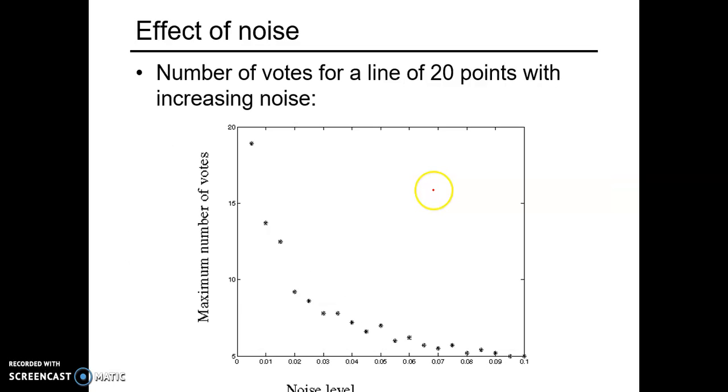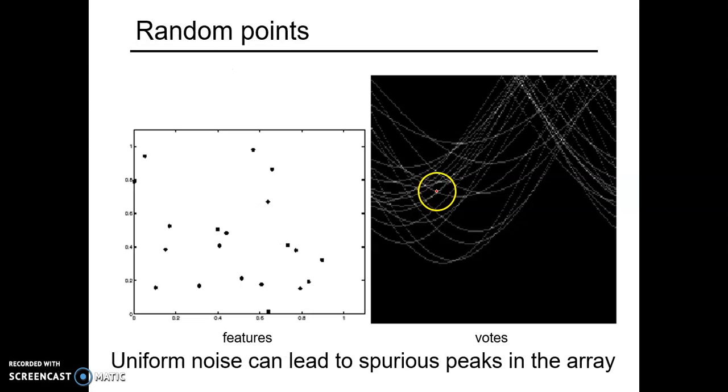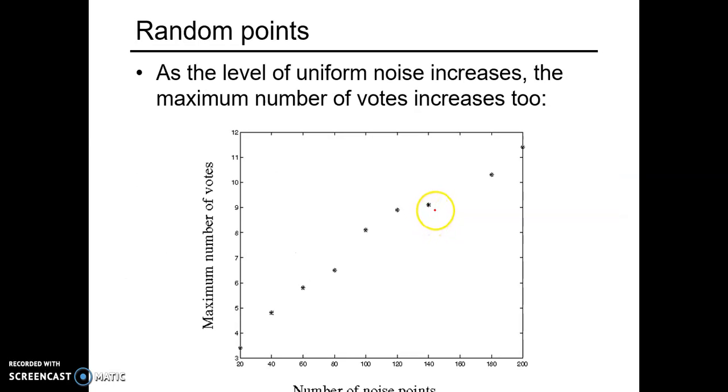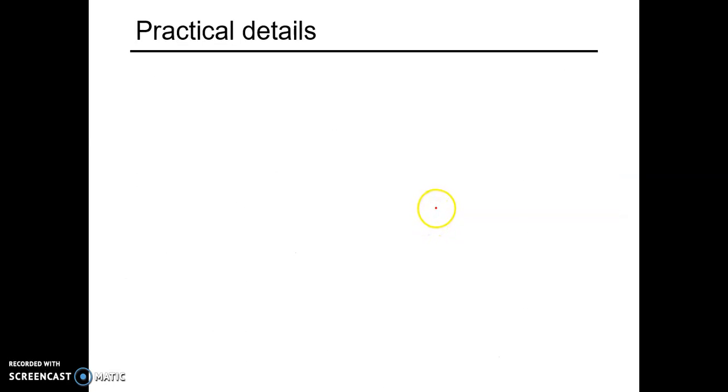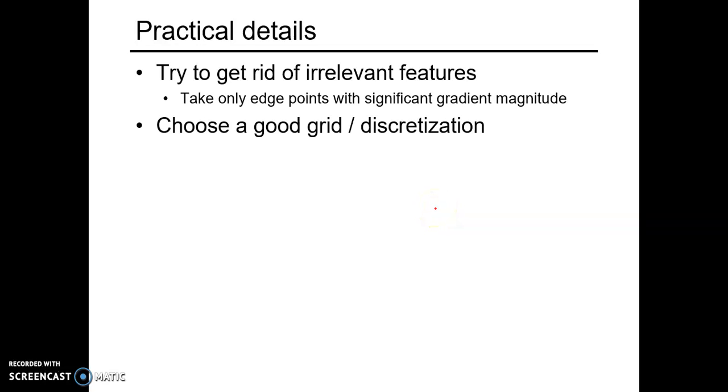Okay, but if the noise fully affects the figure, that means the points are scattered, then you can't find a unique intersection point. That means there is no line in this particular figure. It means purely random points, not points along a single line, so the number of intersections will be less.